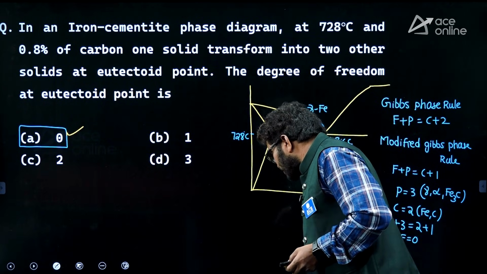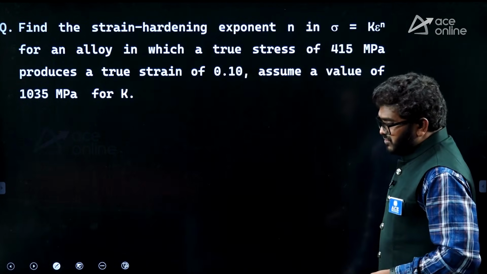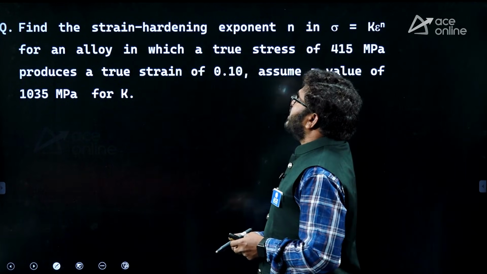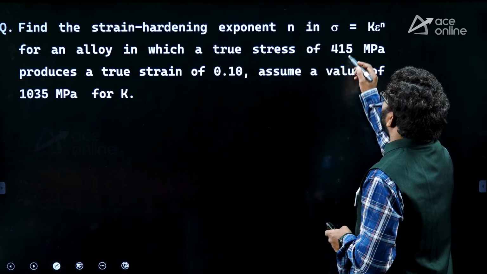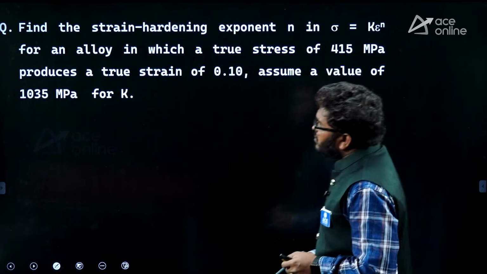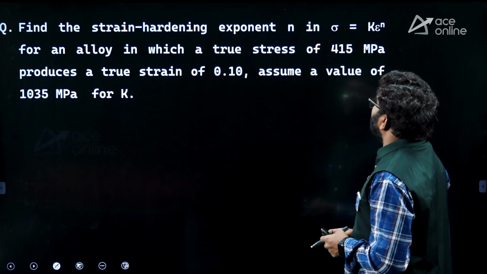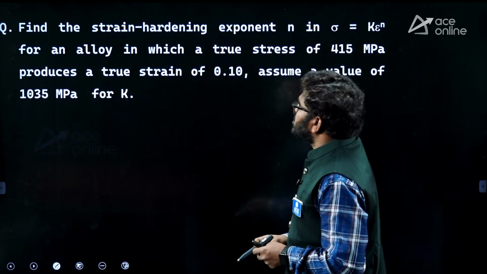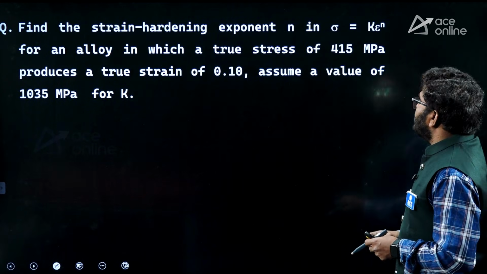Everyone understood this question, right? Now, listen. Next question. See here. Find the strain hardening exponent n in sigma equal to k epsilon power n for an alloy in which the true stress of 415 megapascal produces a true strain of 0.10, assuming a value of K